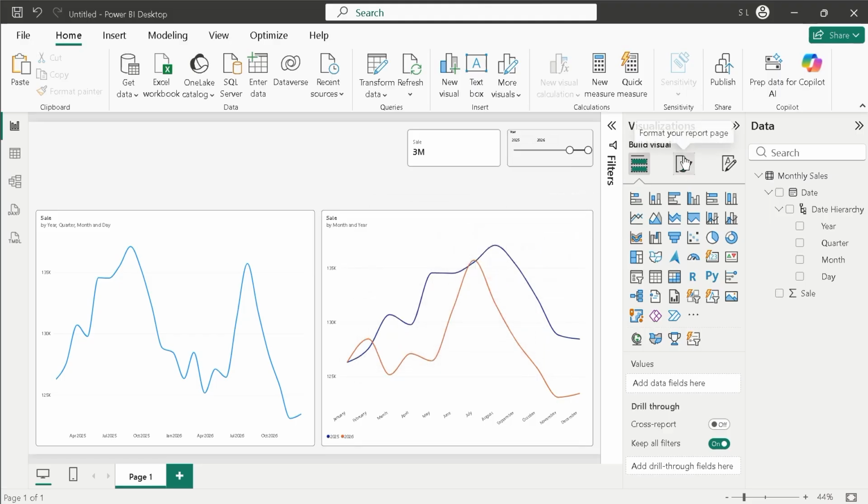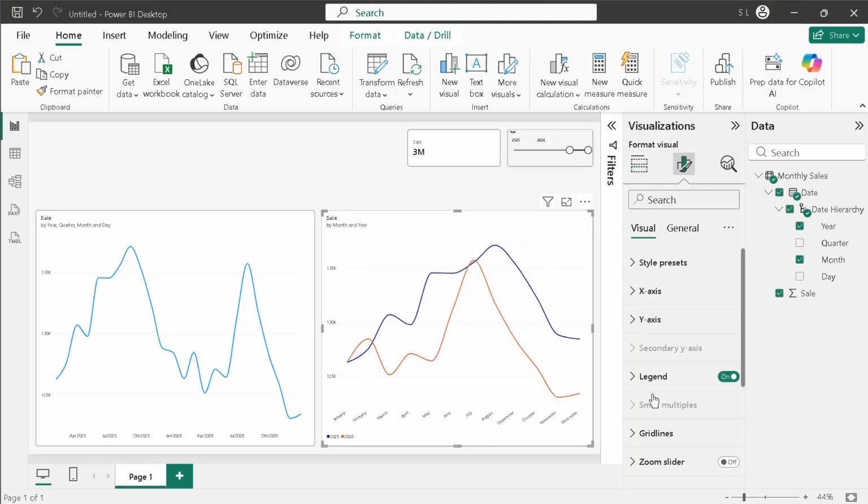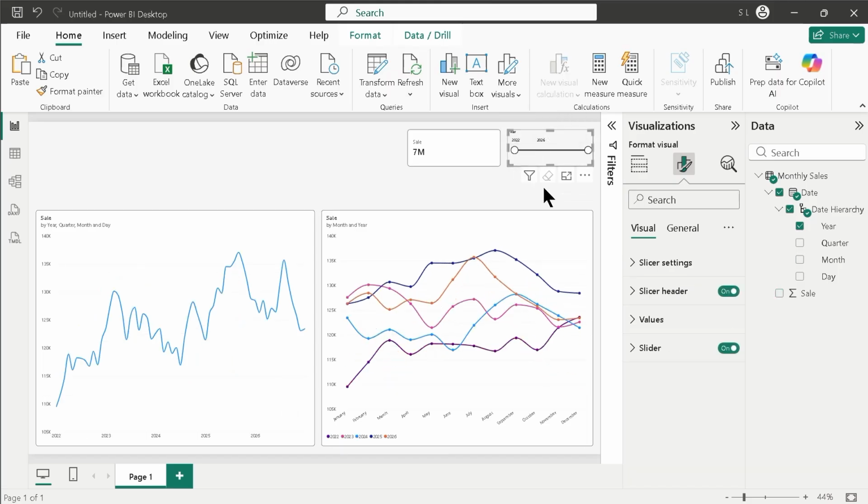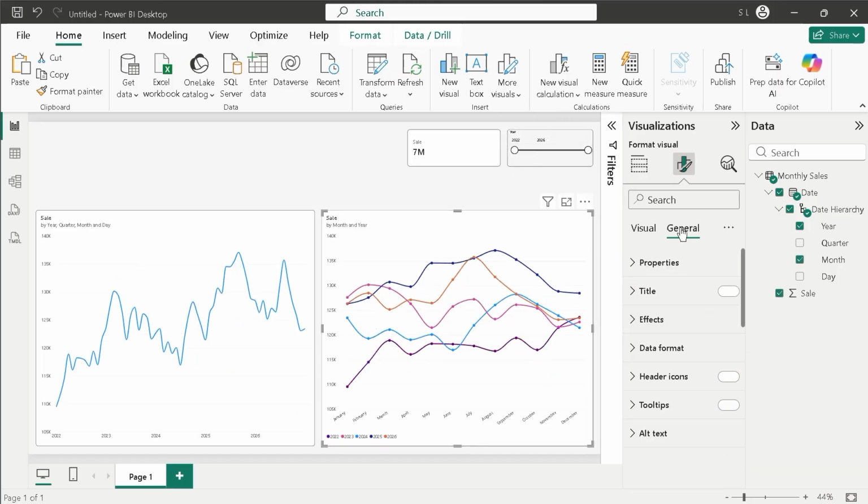And for that we can go to the format visual, and we can use something called markers. So first of all, we will turn on this feature, and then we'll select all years,